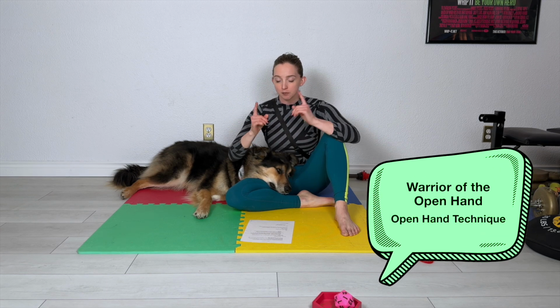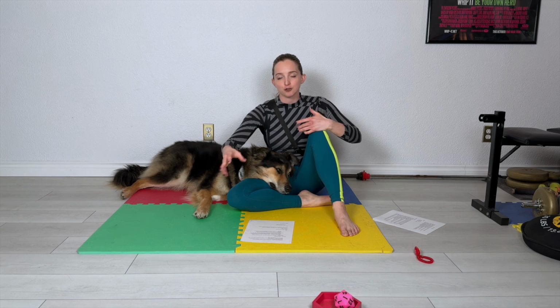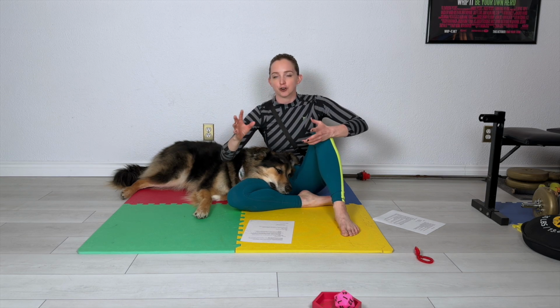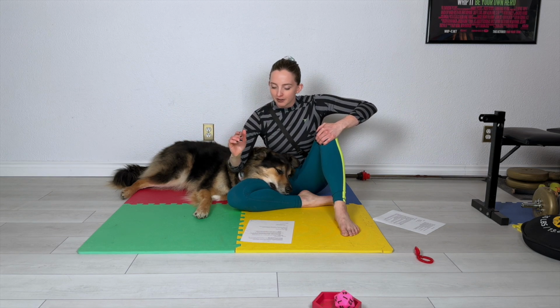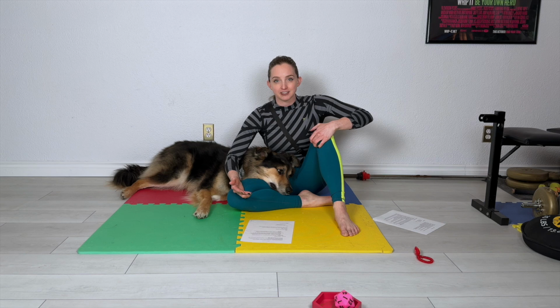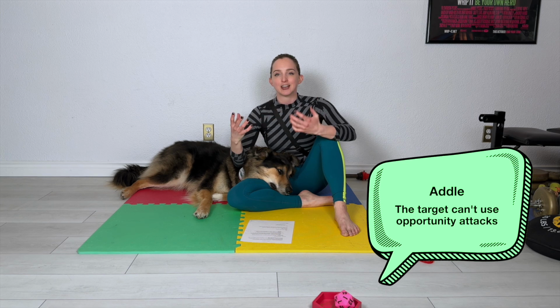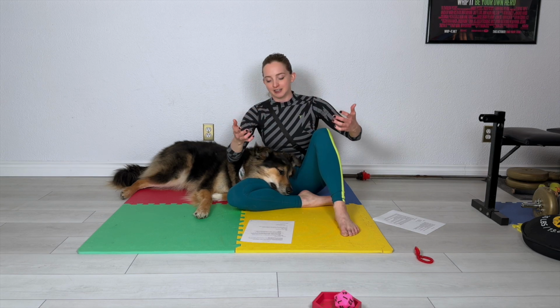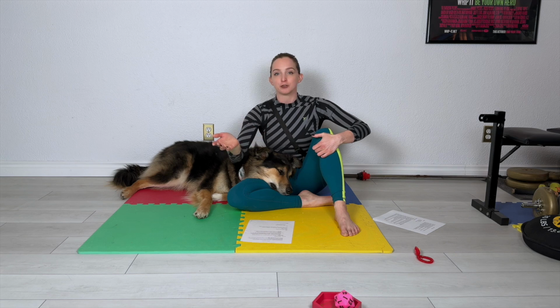So Warrior of the Open Hand, option 1, has Open Hand Technique. This means when you hit a creature with a Flurry of Blows attack, which is a way that a monk can do extra attacks on their turn, only a few times in their day but still pretty cool, they can add one of 3 effects to this attack. They can add Addle, which is you basically confuse them. The person can't take opportunity attacks. So if the monk disengages as a bonus action, they can dodge and the person doesn't get a swing on them. If you hit them and addle them, they are not able to take those opportunity attacks.